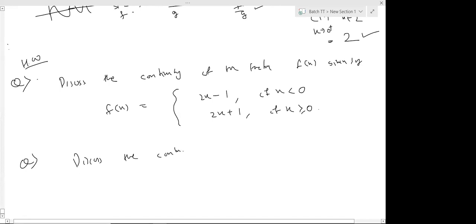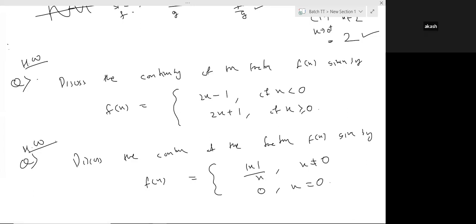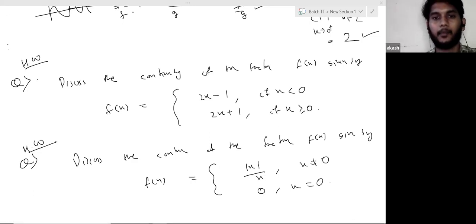Discuss the continuity of the function f of x given by f of x equals something by x if x is not equal to 0, and 0 when x is equal to 0. This is also a homework question. Note it down, then we'll start differentiability. All right. I hope everyone is clear about continuity. If you are not, please get the previous lectures, revise the notes, check again. And if you still have any doubts, ask me in the next class. Today we're starting differentiability.